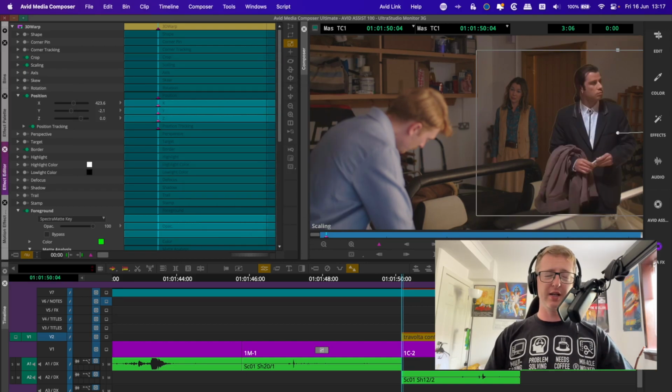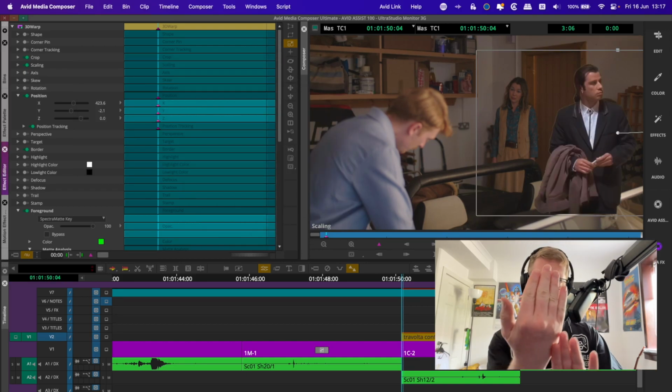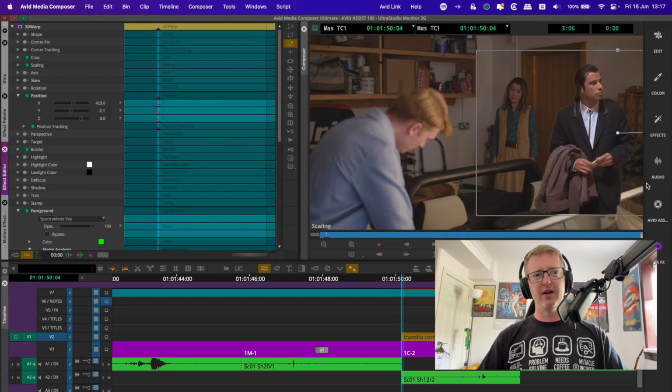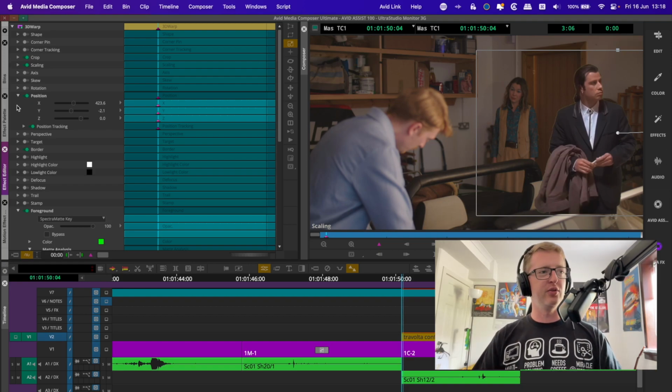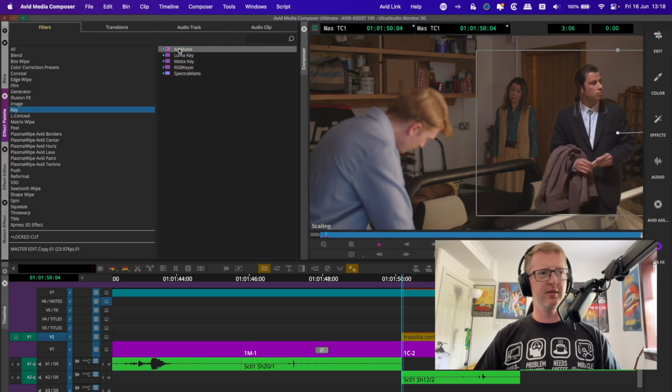Right, moving on from tracking, we can see that we've got a bit of an issue where Johnny is in front of the car here, and we want him to be placed behind. It looks like he's just kind of floating here. So we're going to create an Animatte mask around the edge of the car and around Johnny so that he looks like he's behind. So to do that, we're going to go to our Effect Palette, Key, Animatte, like we did before,